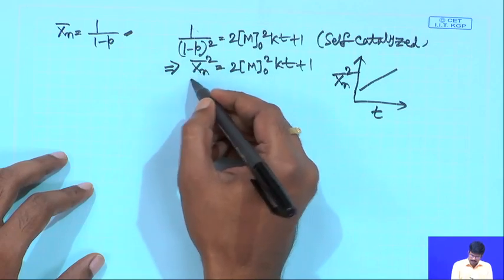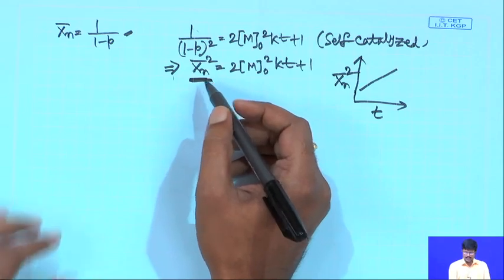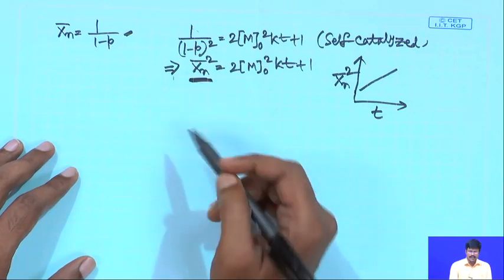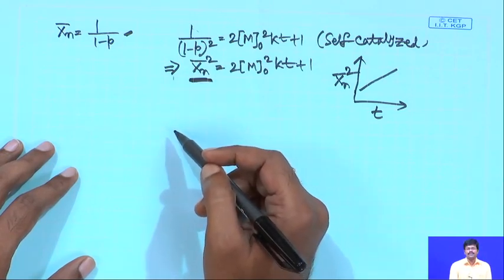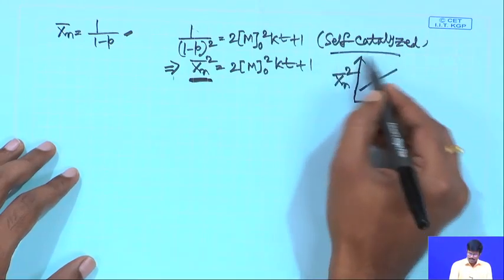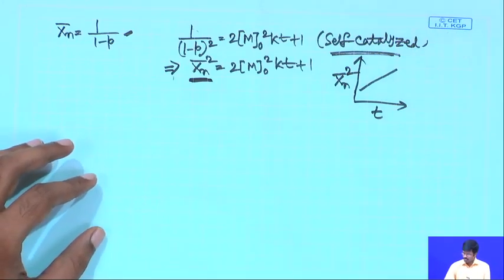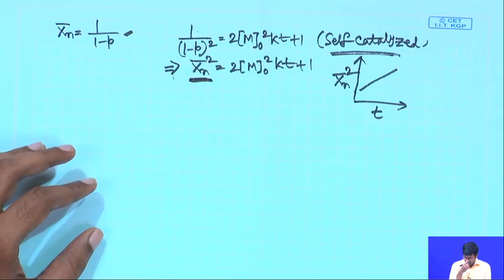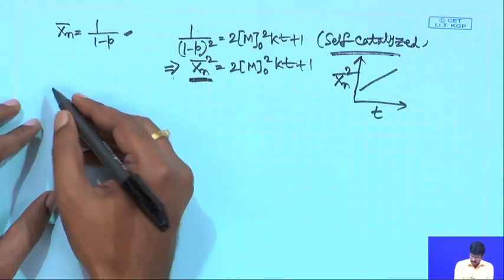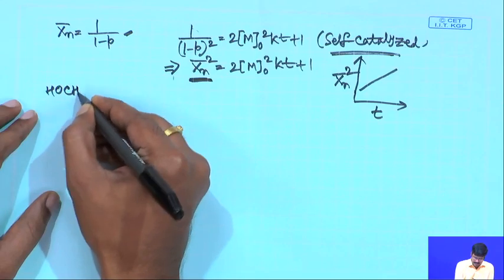Now, this number average degree of polymerization, by now you might know from our previous discussion, is the average number of structural units per polymer chain. This has a direct relationship with the molecular weight of the compound. So, before we go further on this, what I would like to do is to take a very simple example and tell you what this xn actually means here. So, again we will take this example of ethylene glycol